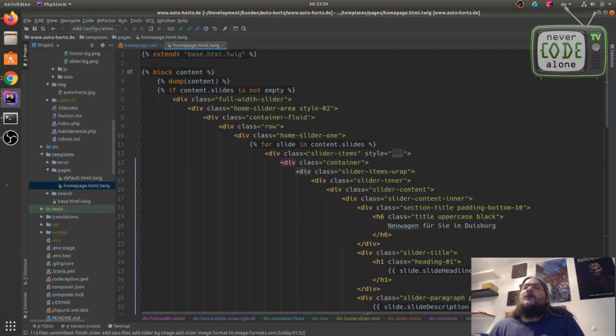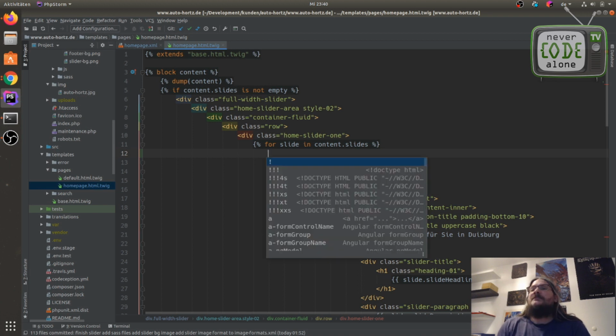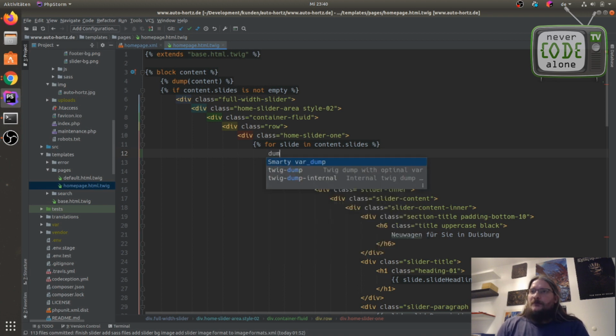For me there are 3 or 4 super important live templates. The first thing is to dump content. When I want to know what is inside the slide variable here, I can just say dump.